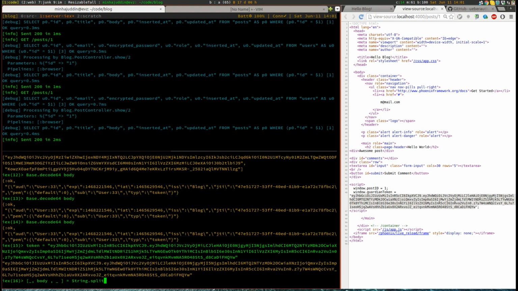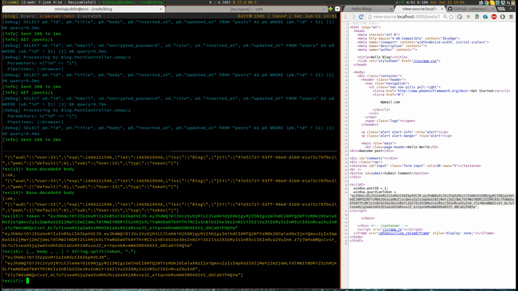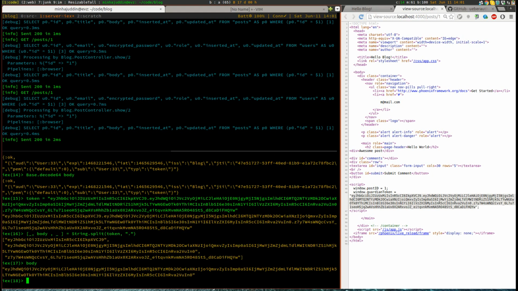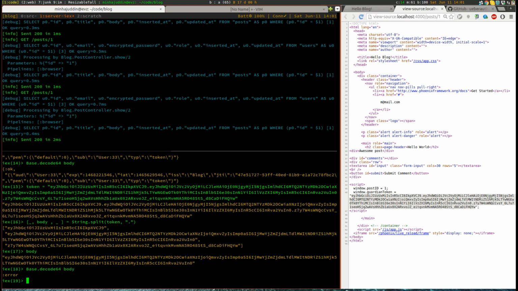String dot split token, right? So the body, if we use base decode 64 the body, it's an error. I'm not sure why that's an error, but the point here is this would give us